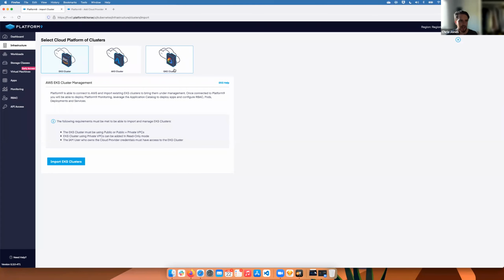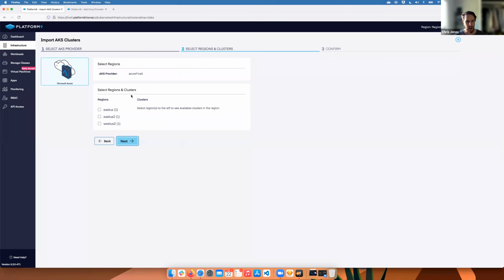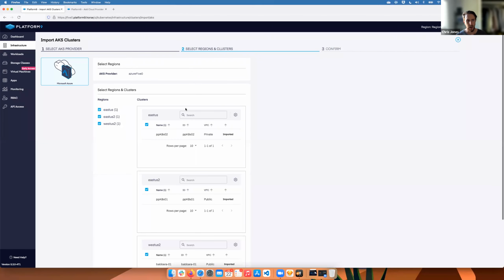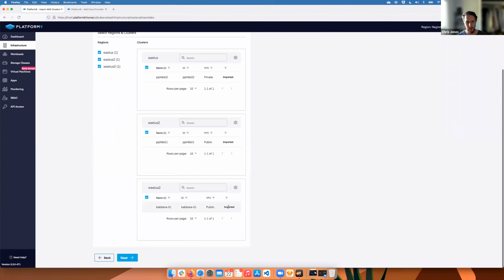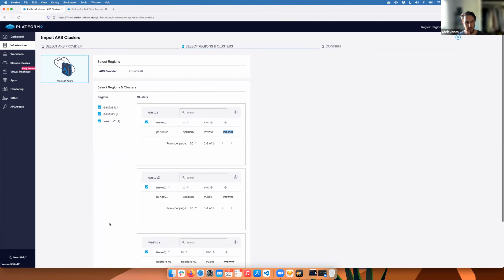So the past couple releases, we've had the ability to bring in EKS. This release, we have introduced the ability to import AKS clusters. Exactly the same workflow for all three. You're just coming in, choosing it, clicking next. We're going to go out to that account and look at all the regions and then allow you to choose only the regions that have clusters running. If a cluster is already imported, you'll see them here marked as already imported. As you can see, mine are already all imported, so there's nothing to import here. If I go back,